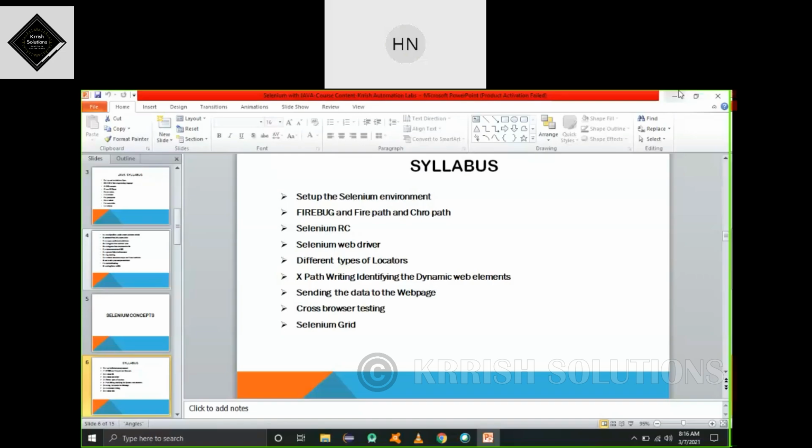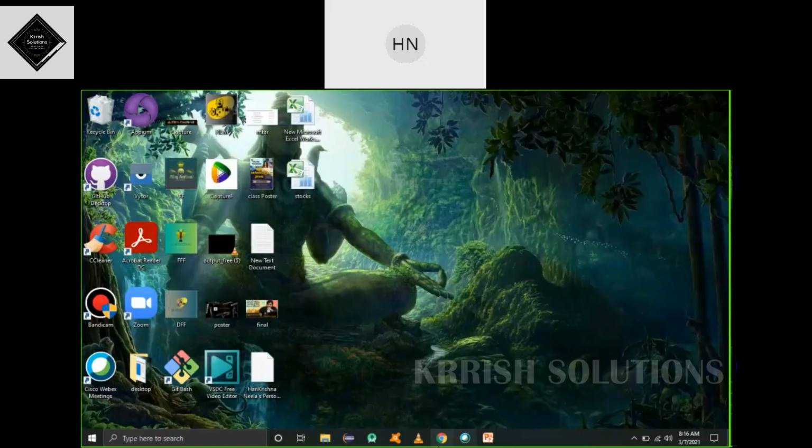That is the application we are going to access now. Amazon is an e-commerce website, already deployed in the system and available for end users. We are the end users using this application. If you want to automate this application, we require an open source tool and one programming language. The open source tool we are using is Selenium, and the programming language is Java.